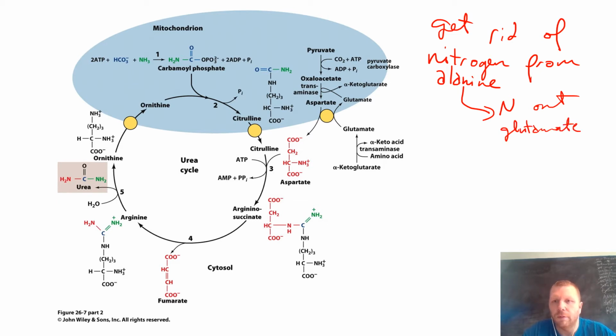Now, the nitrogen went onto glutamate. Then we used glutamate dehydrogenase to release that NH3. That ammonia is what we ultimately need to get rid of. We already made the carbamoyl phosphate, but now in step 2 we're going to use the enzyme known as ornithine